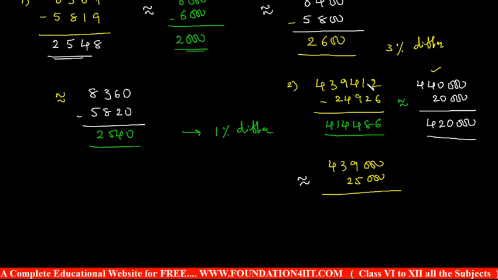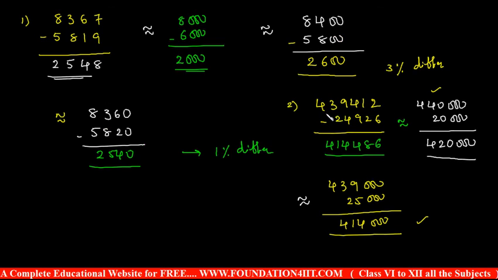But by observing the numbers also, sometimes you can guess. This is 24,000 some change, so you can make it 25,000. But if you make it to the nearest 10,000, it will be a huge difference. Here you will get only 4,14,000. This is 4,14,000 versus 486. So the difference is a little bit decreased. At least by observing both numbers we can make it.